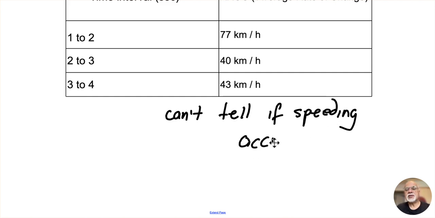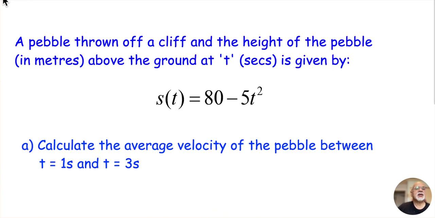Now, another option we have is to take a look at another example, where we're going to look at average rate of change and then contrast that with instantaneous rate of change. In the second example, a pebble was thrown off a cliff, and given that it will have a parabolic path,